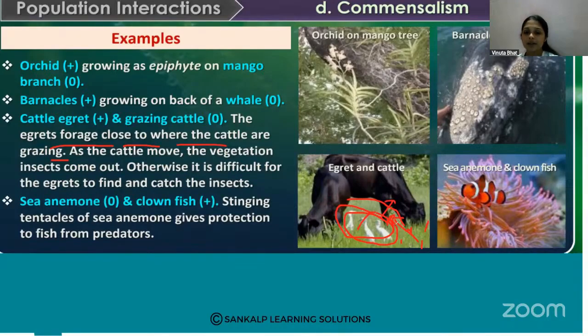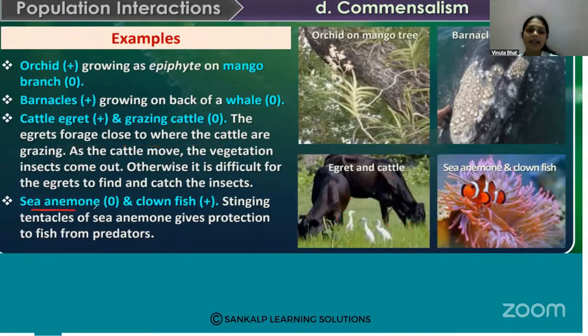The egrets easily find these insects by the action of the cattle. So here the egrets are benefited, but the cattle are neither benefited nor harmed. Okay,